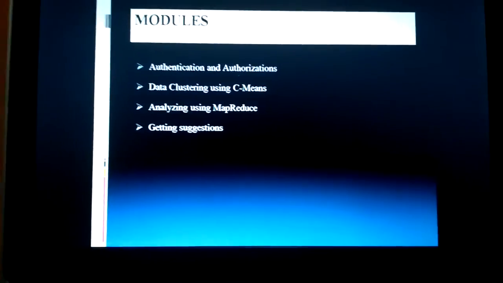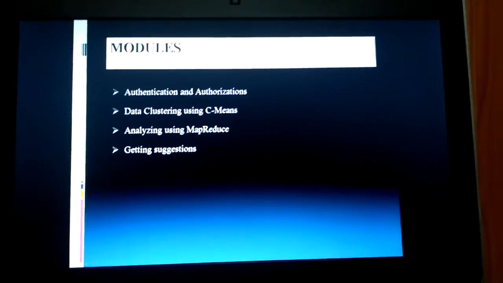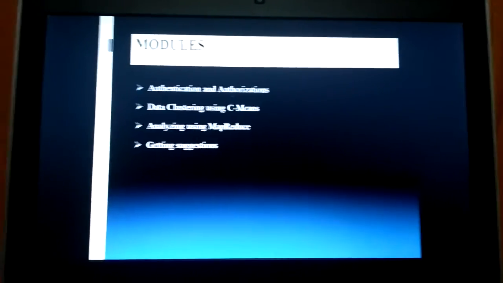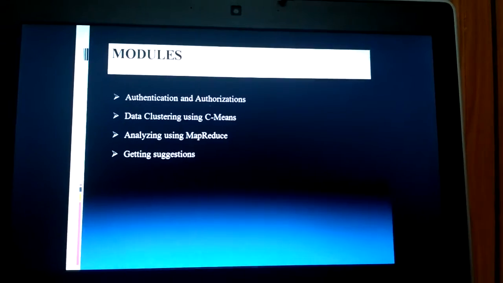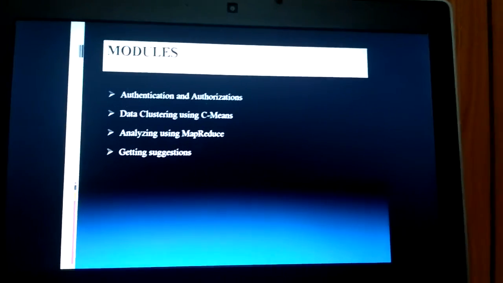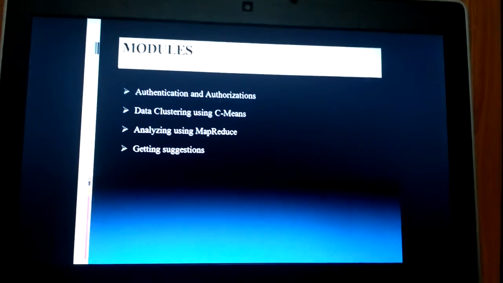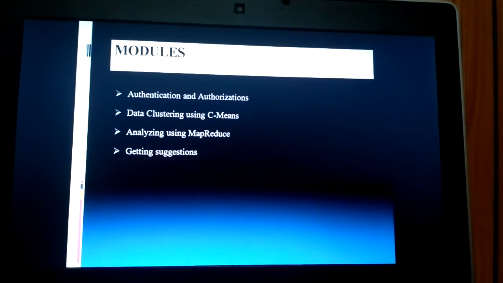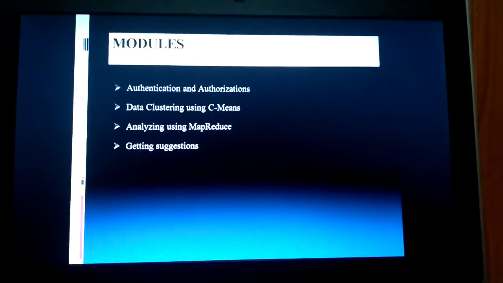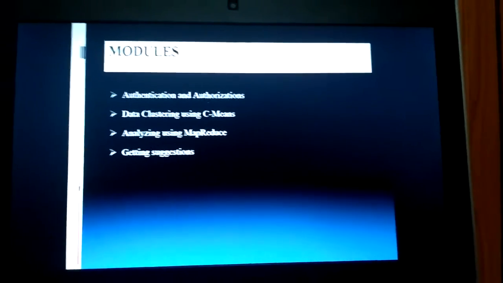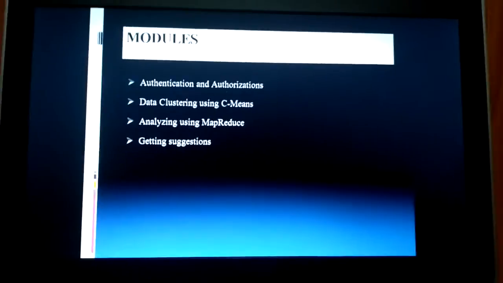After all this process, the output will be predicted as a clustering report. That report will be sent from the admin to the customer. The suggestion for the research results is based on information theoretic approaches. Based on the suggestion, the user is able to reduce customer churn and make a profitable business in the share market. Let us see our system requirements.